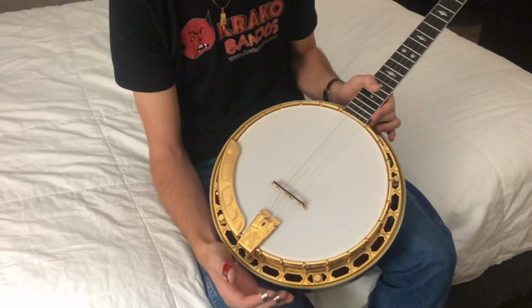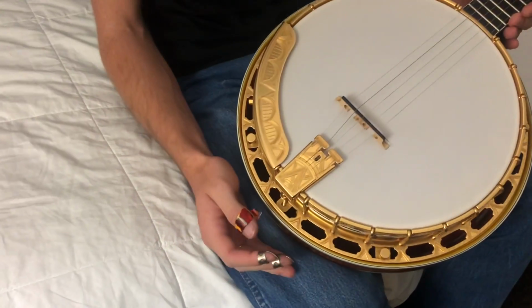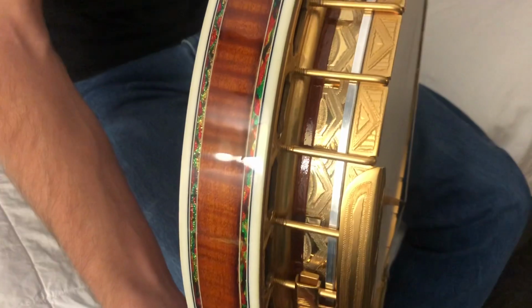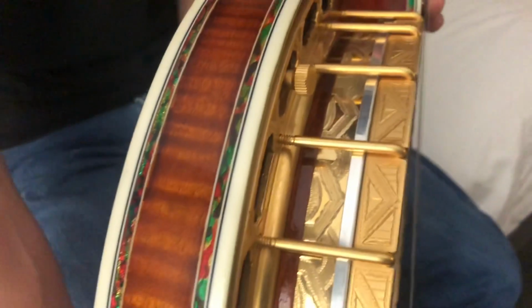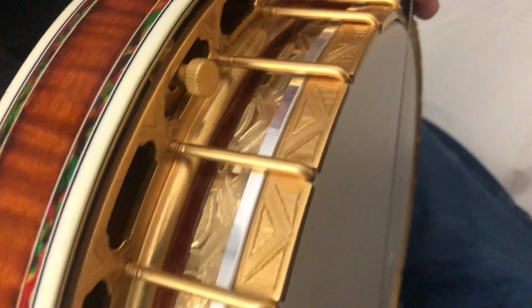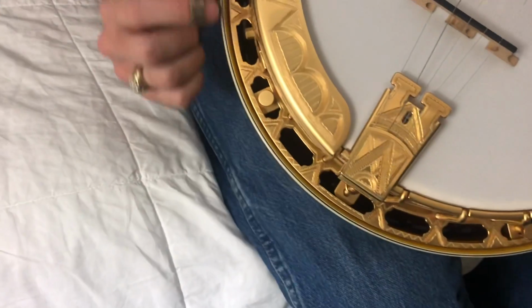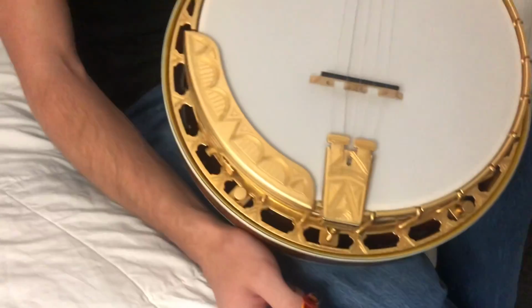And next, it wouldn't be a Greg Rich showpiece if it wasn't engraved, and this is engraved. I just didn't really know what I was going to engrave, and one day I sat down with the parts and started engraving, and just came up with this pattern. No particular reason why. The armrest is engraved, and the tailpiece too. But after that,